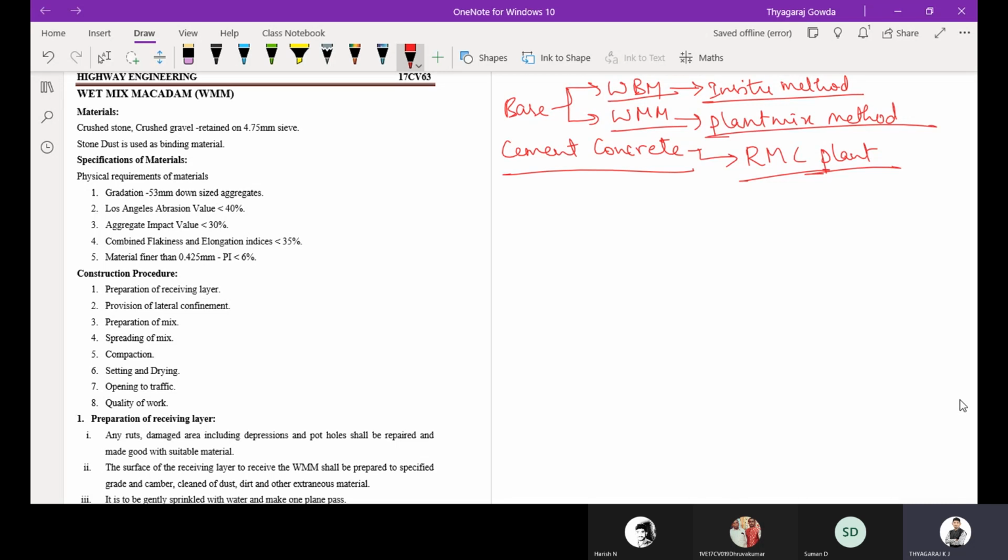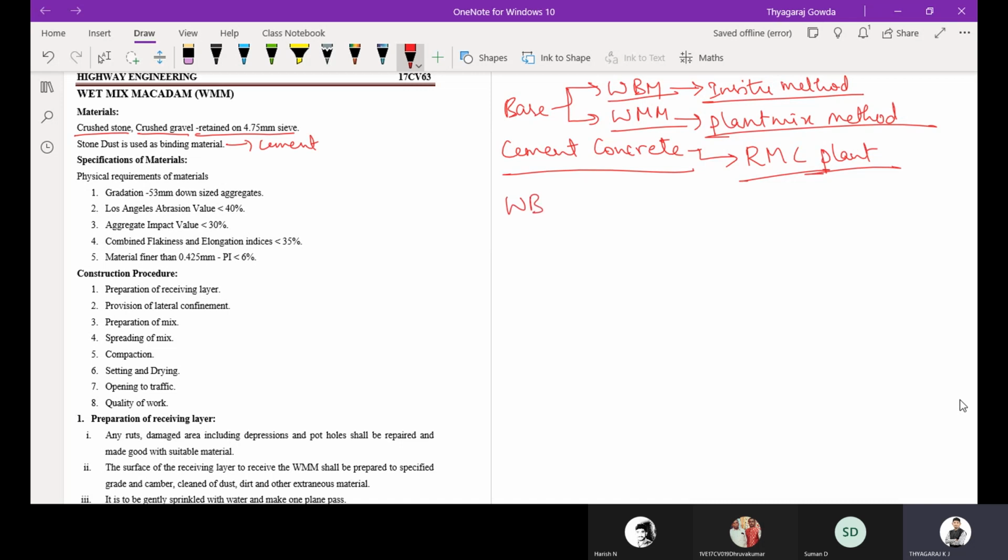What are the various materials used in wet mix macadam? Crushed stone or crushed gravel retained on 4.75 mm sieve. The aggregates retained on 4.75 mm sieve are considered coarse aggregates used in wet mix macadam. Then stone dust or cement as a binding material.